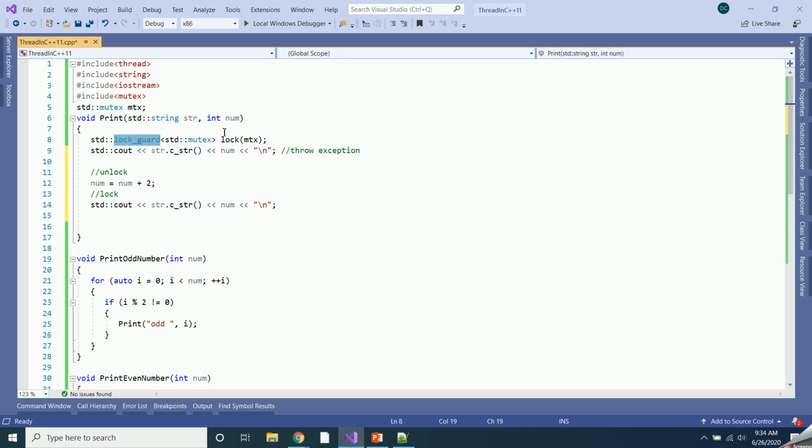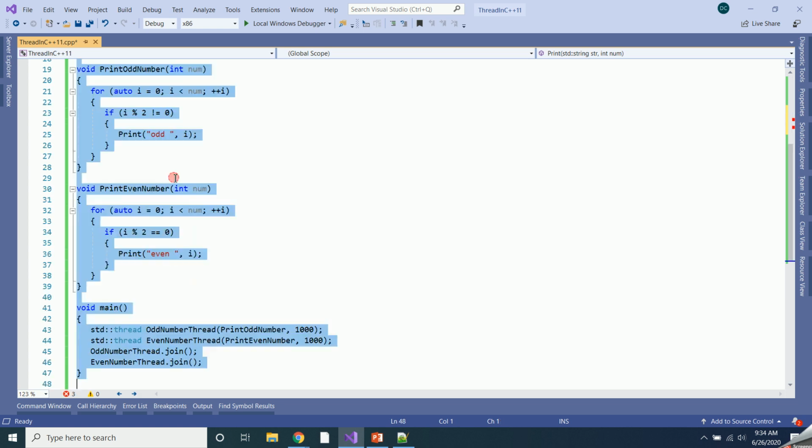So this is not possible in case of this lock guard. This is because you can acquire the lock only once, and then it will get unlocked finally when it goes out of scope. So you cannot do lock and unlock multiple times if you are using this lock guard. To solve this problem, or to achieve this kind of operation, there is another lock called unique lock that we'll be seeing in the next video. Okay, now let's see another problem with this lock guard.